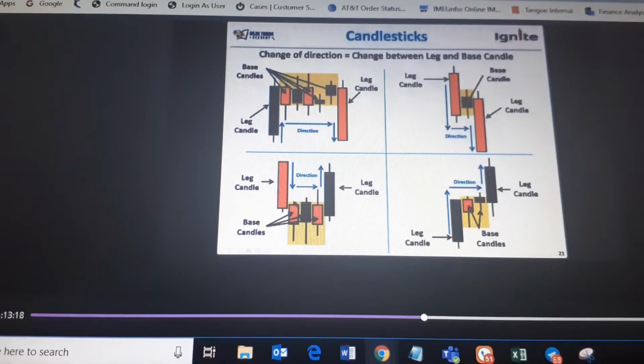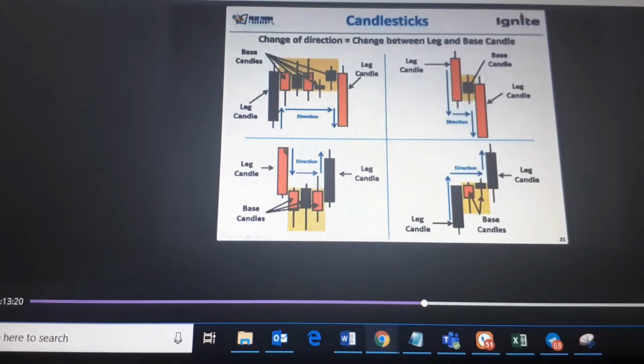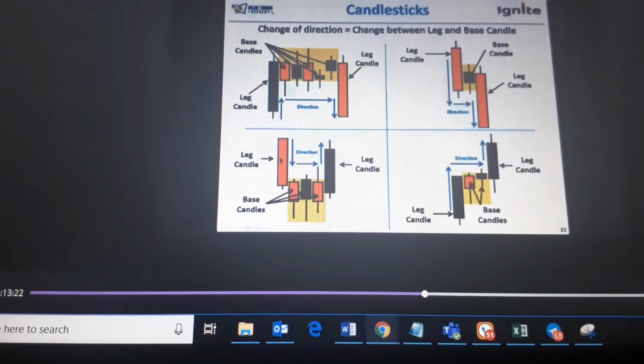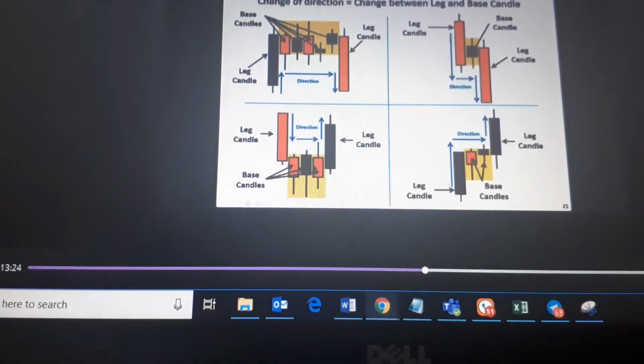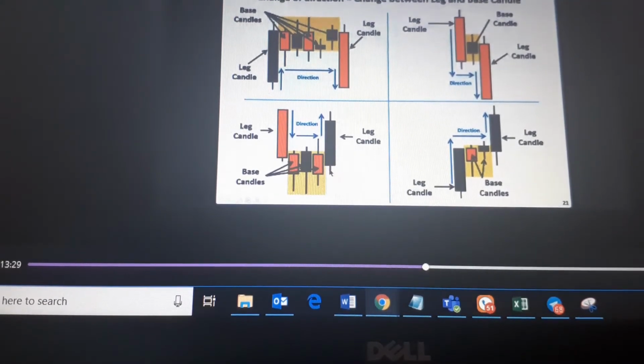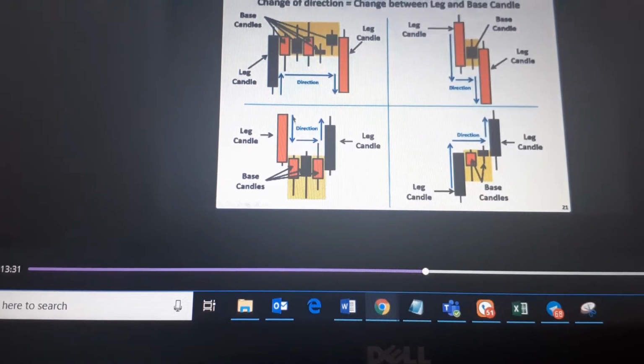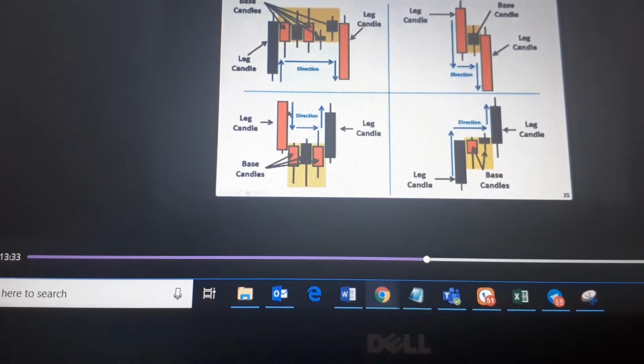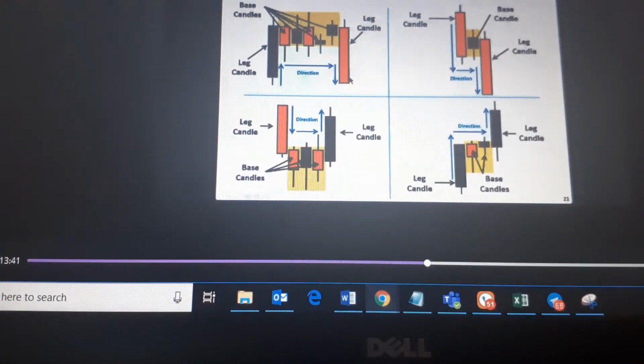Similarly here, this is your base candle. This here, which color of candles? Base candle's color doesn't matter. Okay, so that's your drop, base, rally. So this is your base candle. Here the prices were falling, then they based, and then they started to move in the opposite direction. So there was a change in direction over here.